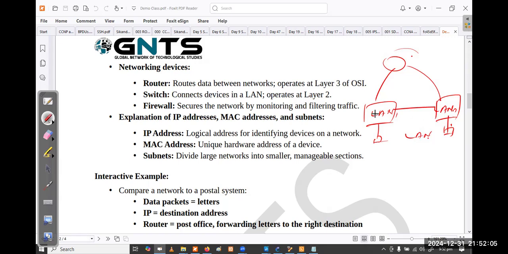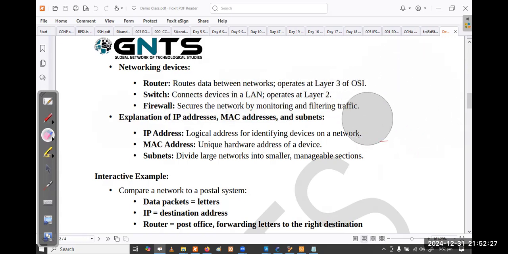Otherwise, you have to use a wide area network, and it is needed with routers, right? So routers are used to communicate between two different networks, right? If they are distantly connected, you use routers to connect the different networks, right?